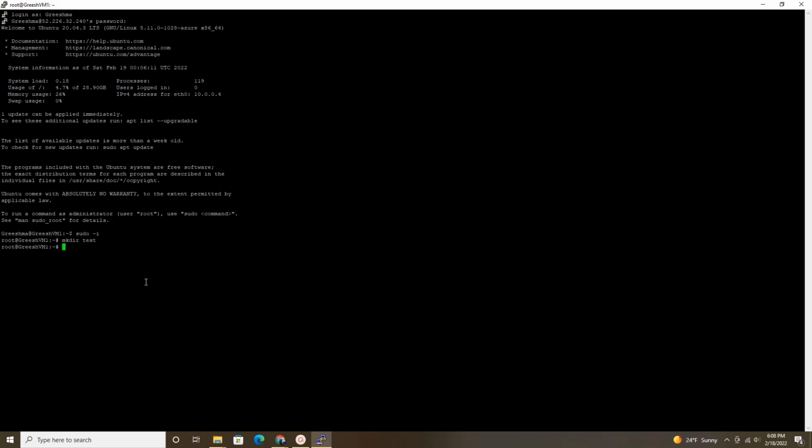If you want to make sure that we have created that folder, you can enter ls, which is for list, and enter. So snap is a default folder available in Linux, and test is the folder we just created. So that is there. Now if you want to make a file under this folder test, then